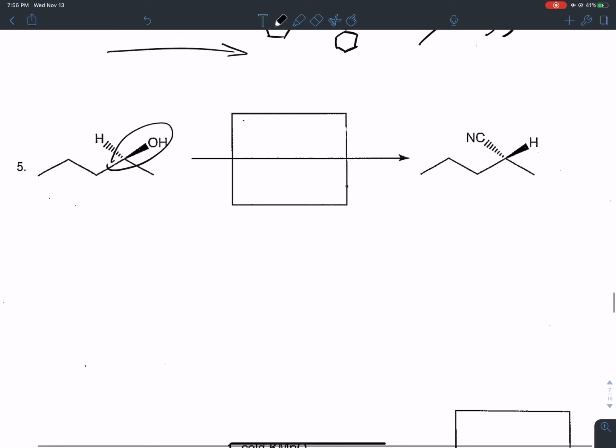We talked about earlier some ways to make OH a better leaving group. What were they? Protonate the oxygen, turn it into a Br, or turn it into OTos, the tosylate anion. What did I say about the tosylate anion? Does it invert the stereochemistry when you add that tosylate? It doesn't. That's very useful. Does it invert the stereochemistry when you use PBr3? Yes, it does. So if you wanted to use the method of converting it to an alkyl halide,